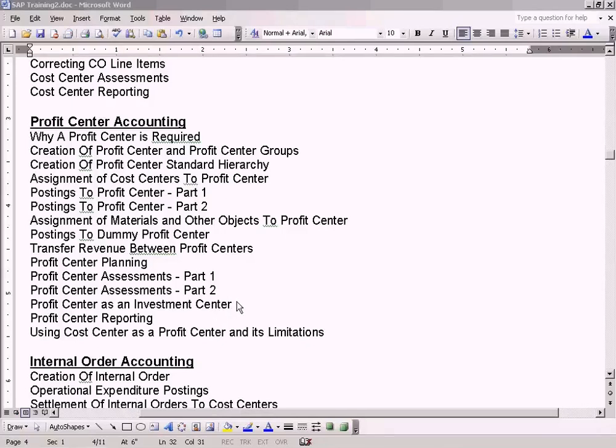Okay, now we are at this topic, profit center as an investment center. What does this mean? Let me give you an example. If you want to measure